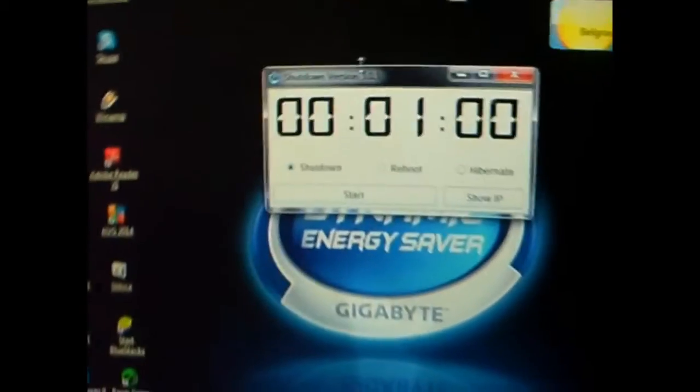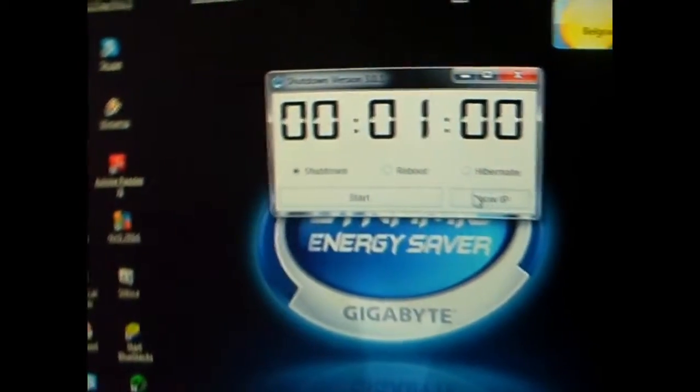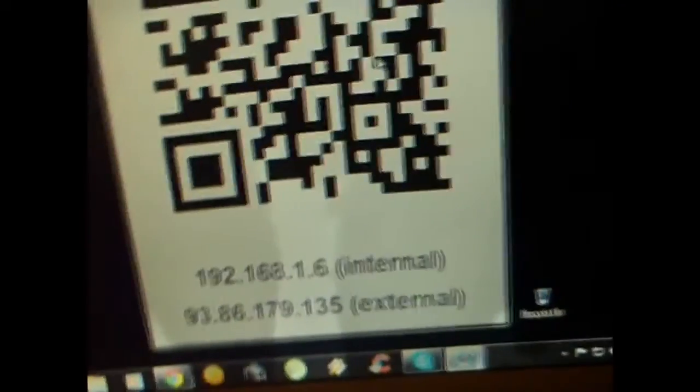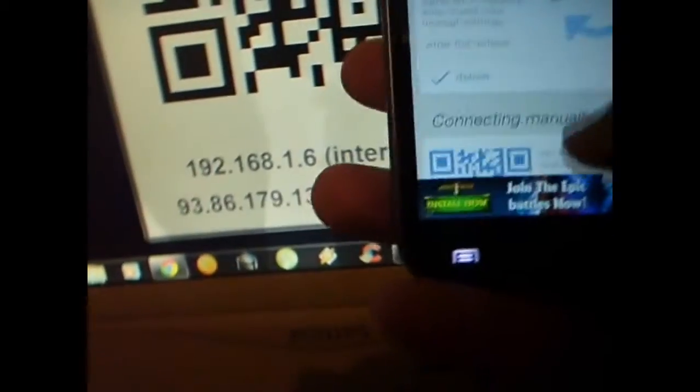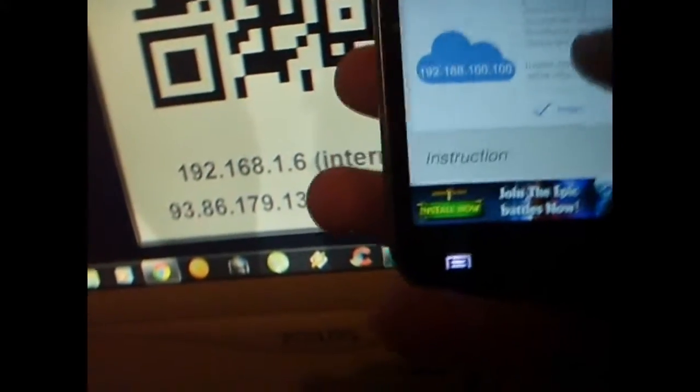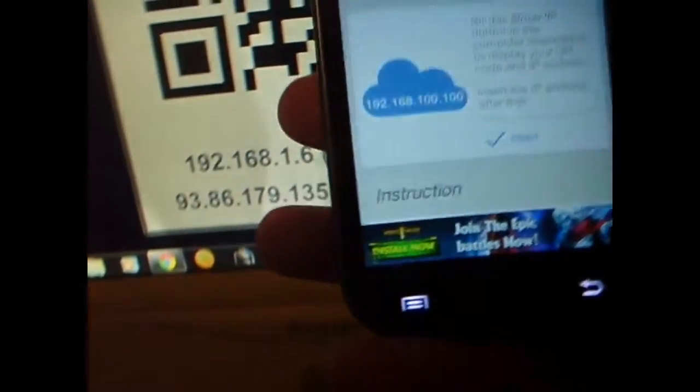Just click here, show IP, and put the IP here.